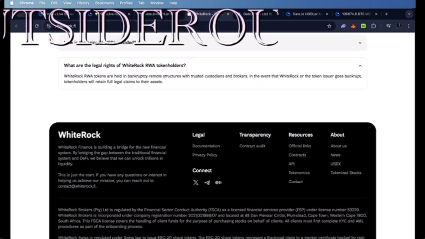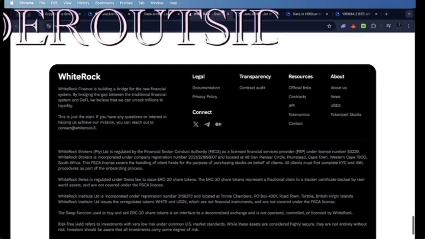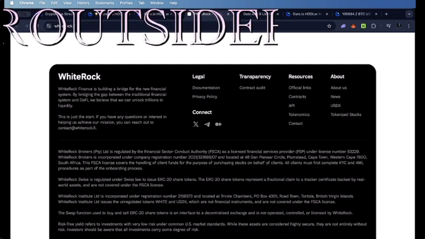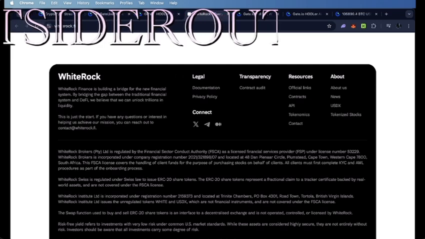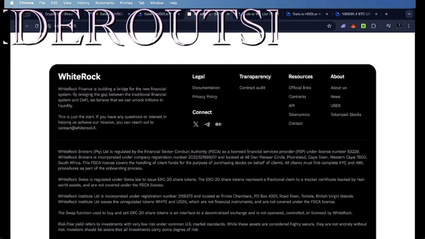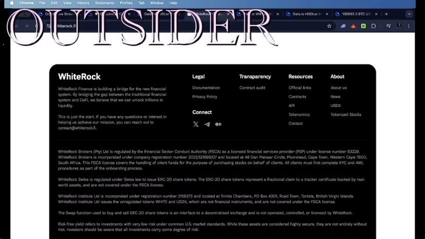So WhiteTrack Finance is building a bridge for the new financial system by bridging the gap between the traditional finance system and DeFi. We believe that we can unlock trillions in liquidity. This is just a start. If you have any questions or interest in helping us achieve this,